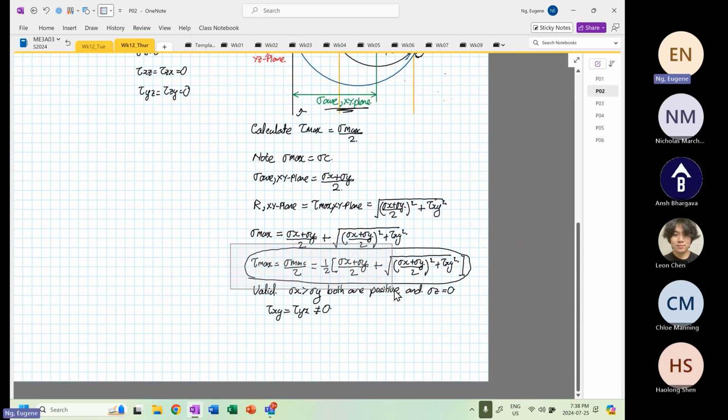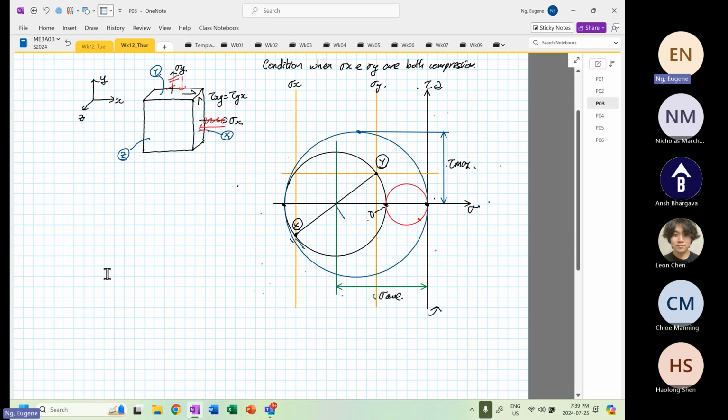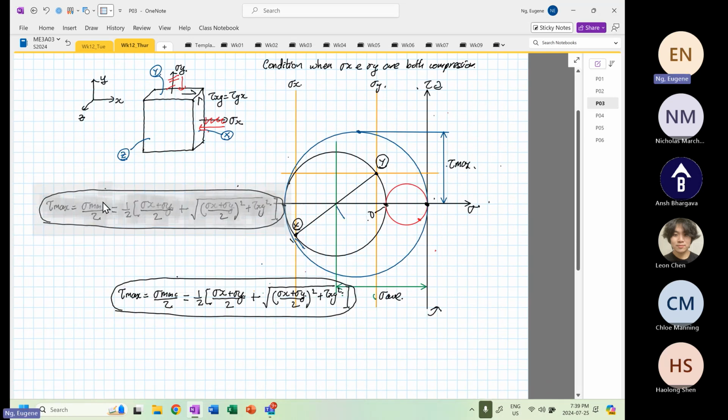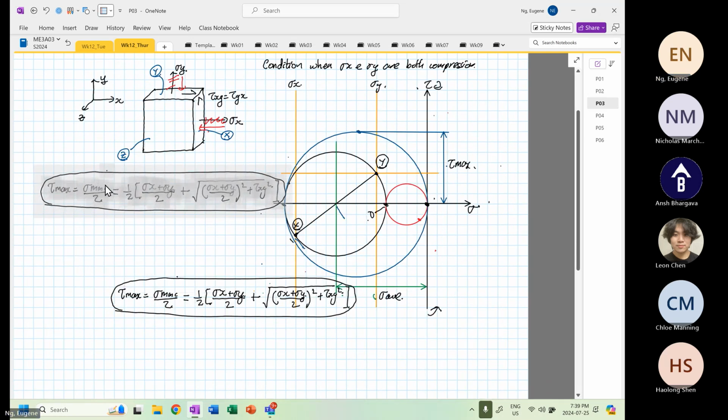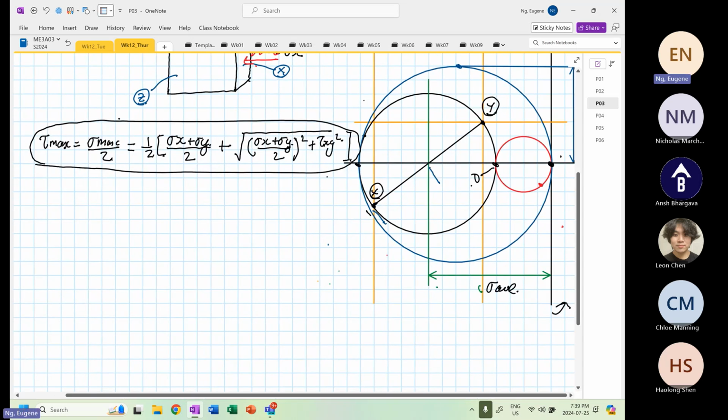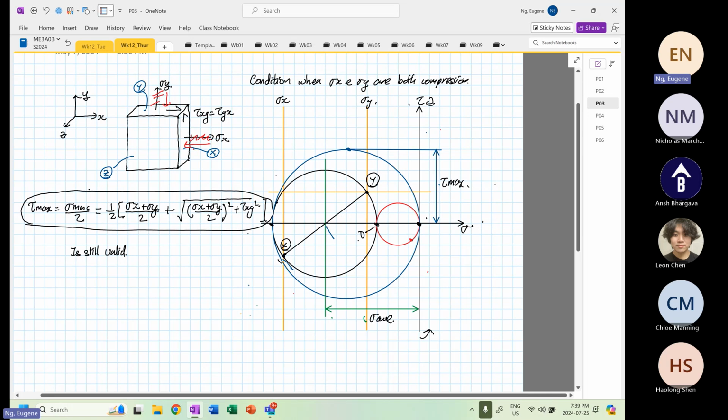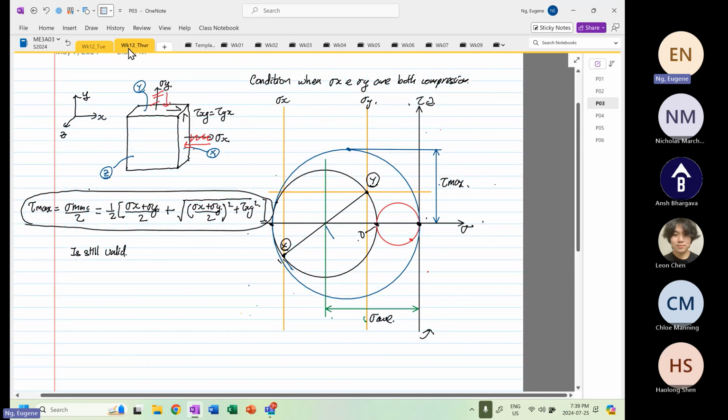To calculate tau max, you just have to remember stress X and stress Y are both negative. So this expression over here is still valid. So if your Mohr circle, what I'm trying to highlight, what you see over here, in summary,